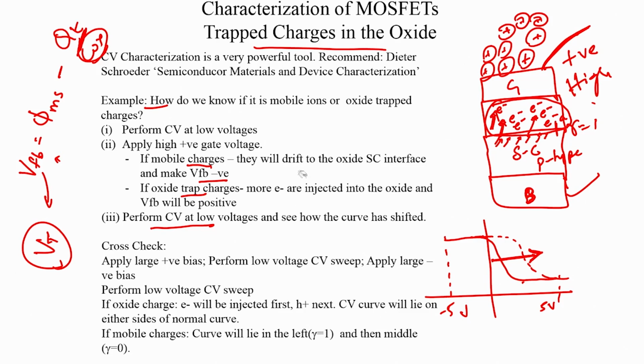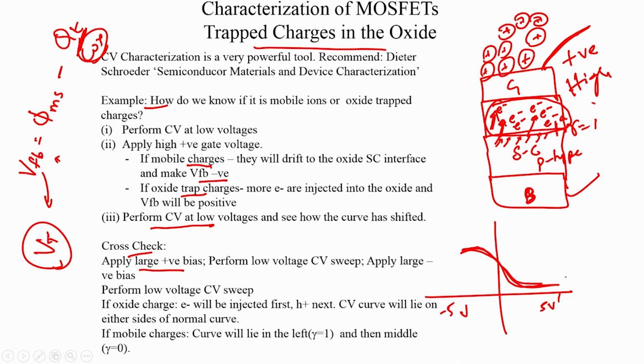So, that is a very clear indicator of how the CV characteristics can be used to identify mobile ions and oxide trap charges. You can also do a cross check. What we do is, let us say we apply a very large positive bias and now perform a CV characteristic. You then remove the large positive bias and perform a CV characteristics. So, you will find that if it is mobile ions, so let us say this is the normal, this is the mid characteristics,